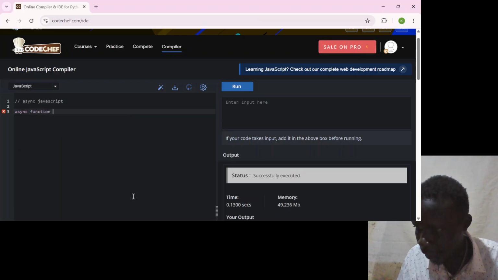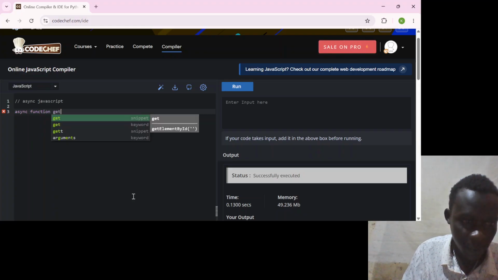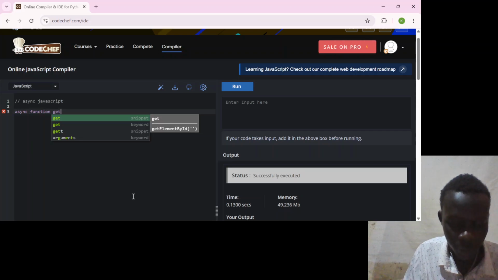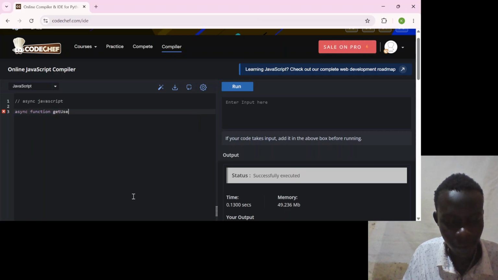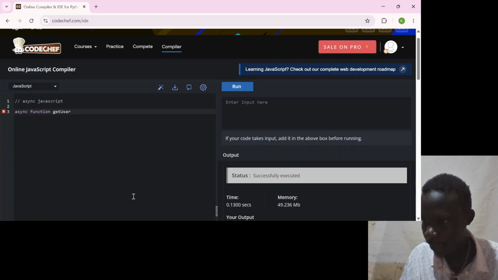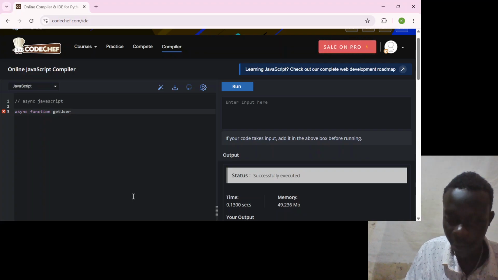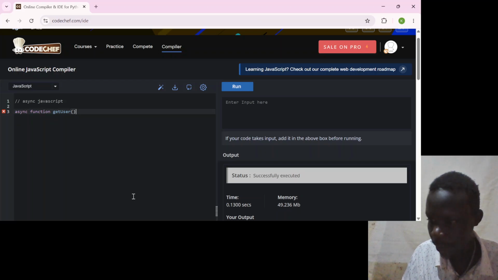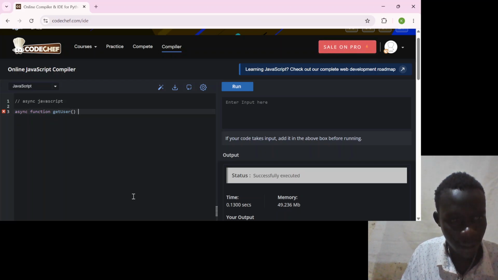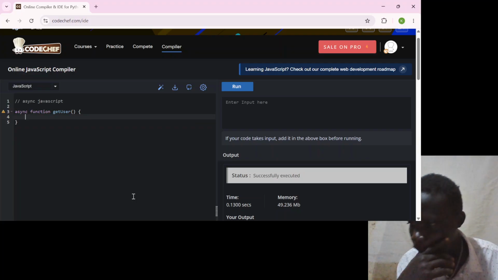We run an async function, and the function is to get user. Of course, get user. Since it's a function, then our curly braces come in. Then inside,